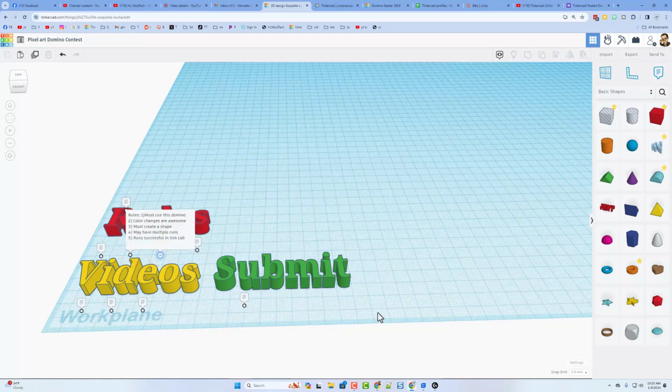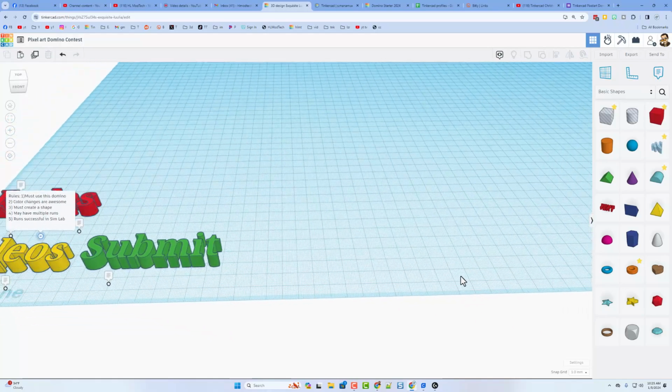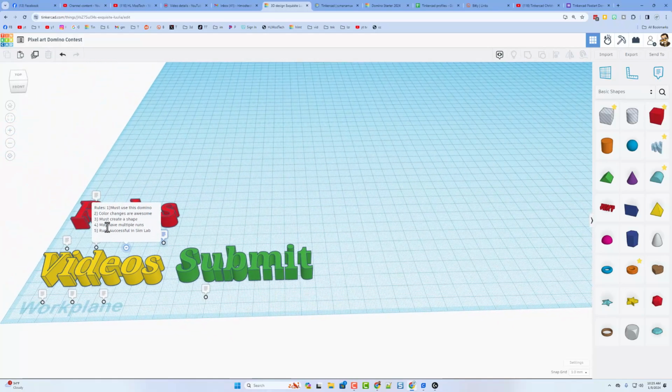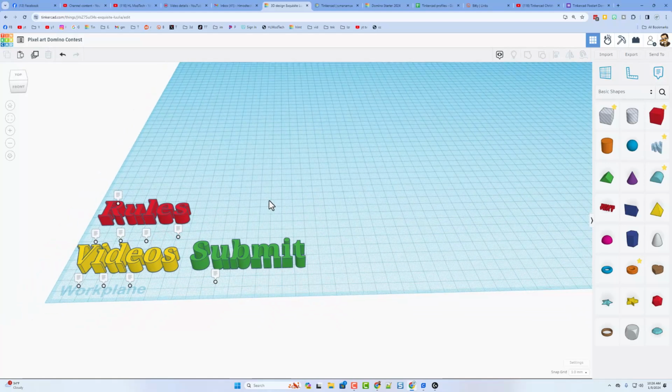The rules are simple. You must use this domino right there. Color changes are awesome. It must create a shape. I'll show you those in a second. It may have multiple domino runs. You can start it from several spots at once, and it has to run successfully in SimLab. There will be trophies for first, second, and third, and there will also be something for everybody who submits a